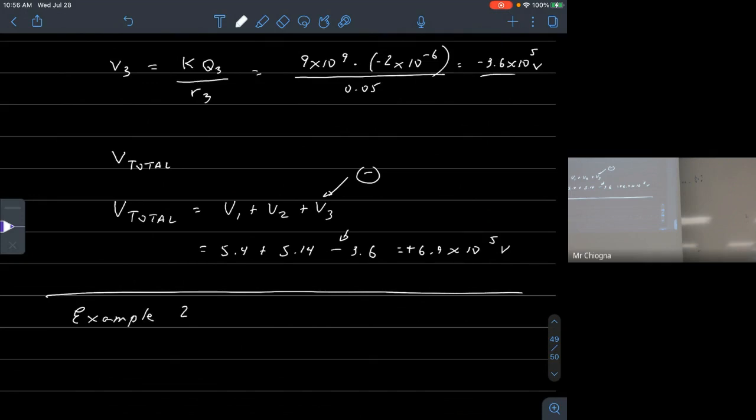Okay, example 2. Let's write this one down. How much work is done against an electric field